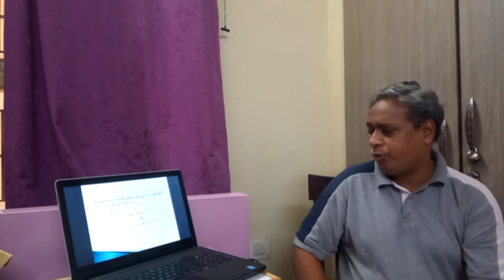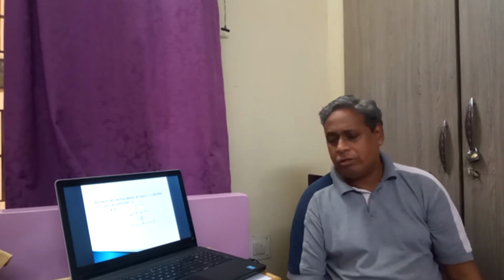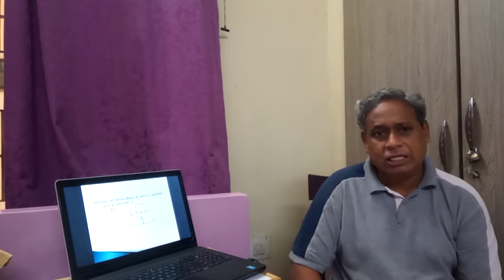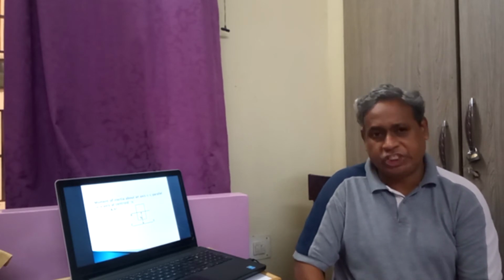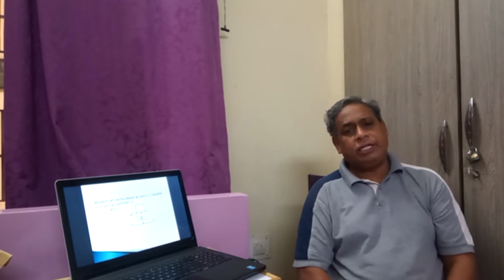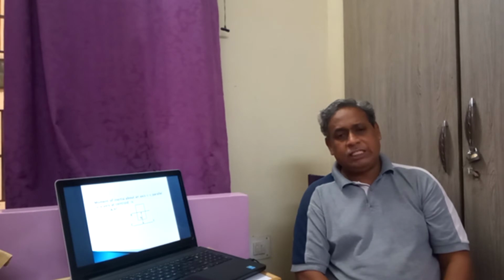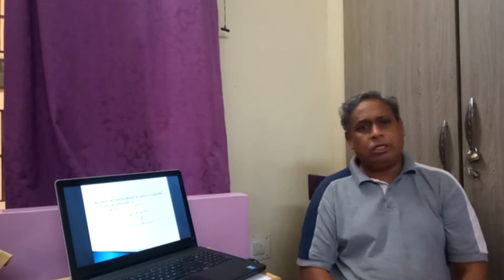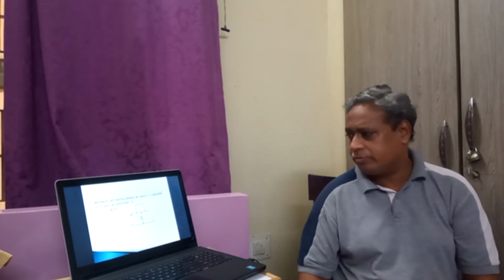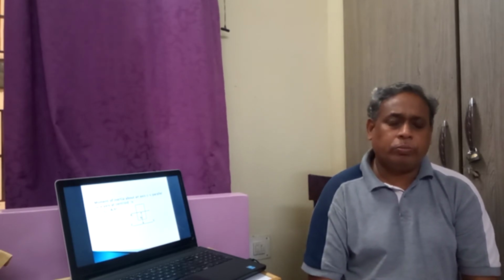Now consider the area of B into D. Suppose we want to shift the moment of inertia from the centroidal axis to some new axis, let us say CC. That is, CC is at a distance of h from the centroidal axis. So we want to find the moment of inertia about the CC axis, which is at a distance of h from the x-axis, that is the centroidal axis. So now, according to the parallel